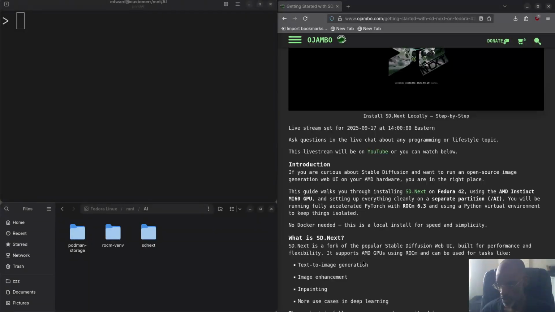So, why did I choose SD.Next? I'll tell you why. I tried to install Easy Diffusion. I also tried to install the Automatic one, the Stable Diffusion version. The reason I was having problems with it is because, as you can see here, I have ROCm 6.3.1 installed on my system. So when I was trying to run those two